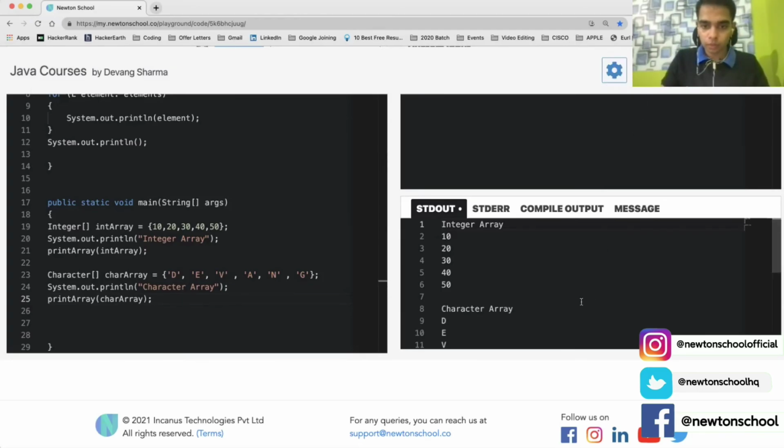What do I get as an output? I get my output as the integer array and the character array.